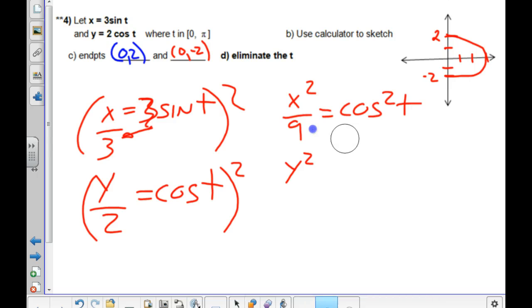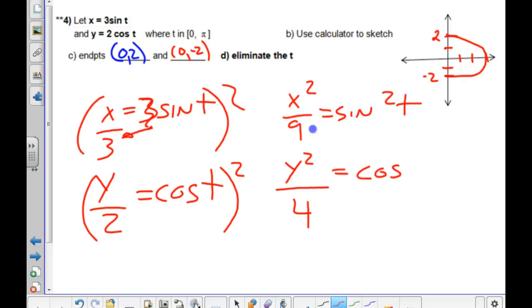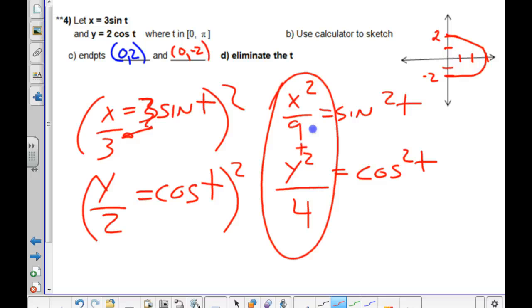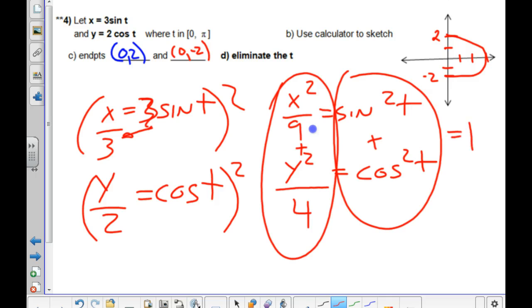It's okay, they're going to just add up anyway, but we still don't want to confuse anyone. And when you add these, this equals 1, and this equals